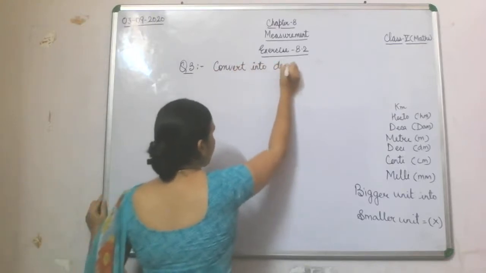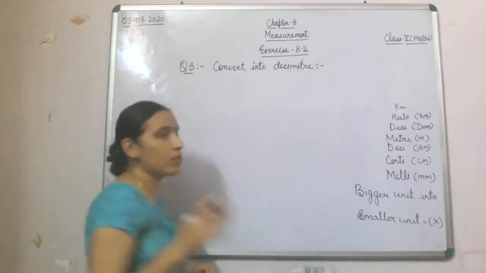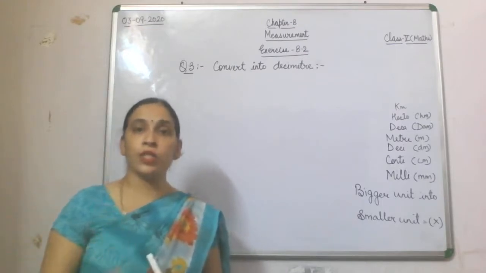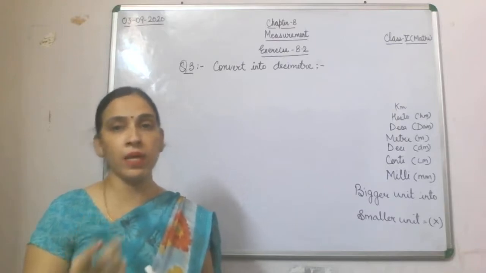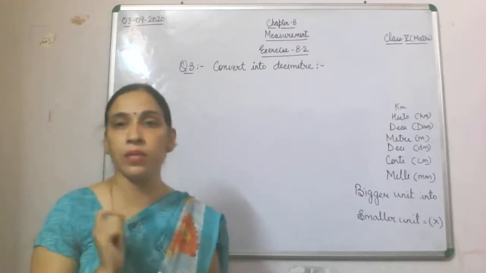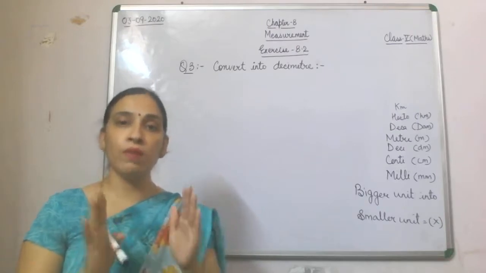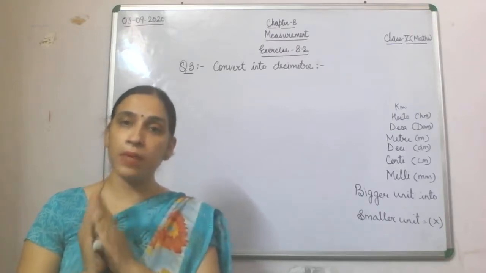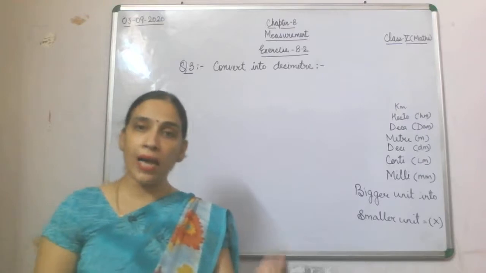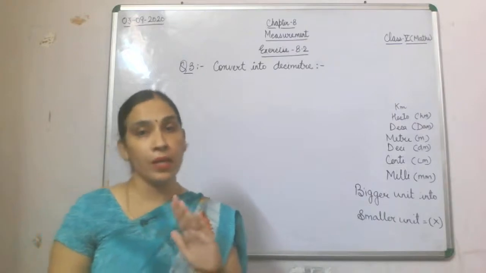Before I start the question, I will remind you of the steps which we have to follow. The basic first step is to write a relation between the unit which is given and the desired unit. For example, if the question is given in meter and you are supposed to convert it into decimeter, first of all we will find a relation between meter and decimeter, and after writing that relation, as many decimeter as there are in 1 meter, that will be multiplied by the given number.